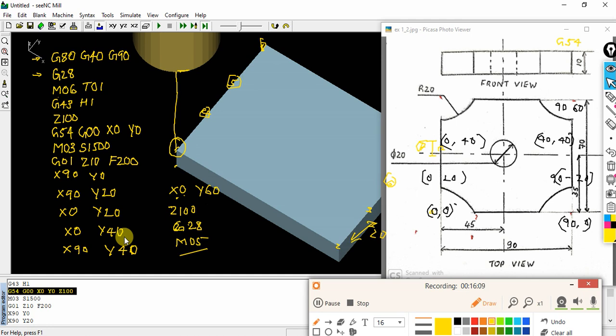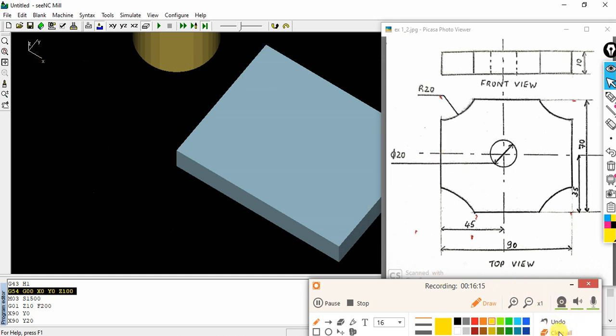Okay, so next we shall move on to the second operation. So let me delete all. So my second operation, see, facing is done similar way. We will start with